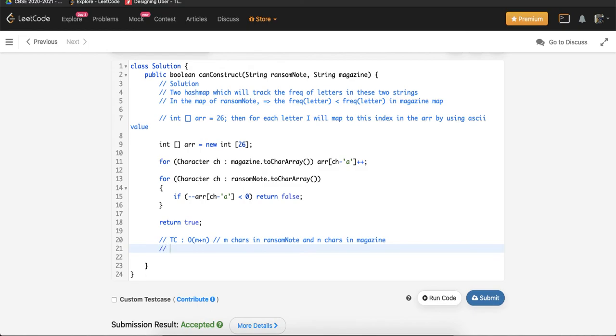And what is the space complexity here? The space complexity is always of size 26.